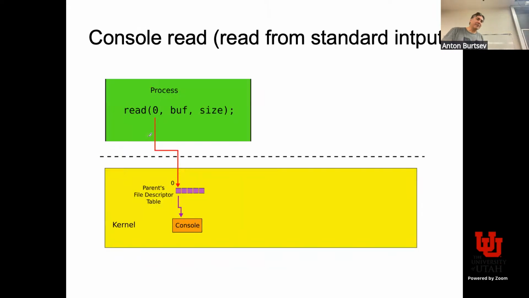Just for illustrative purposes of how it works physically in x86, in a typical case, when you're reading from 0, instead of going to a file here, it's kind of like type polymorphism. You implement a different data structure, and it's actually not a file, it's a console. And if you're trying to read from it, it will wait for the input from the console, from the keyboard, right? Make sense?